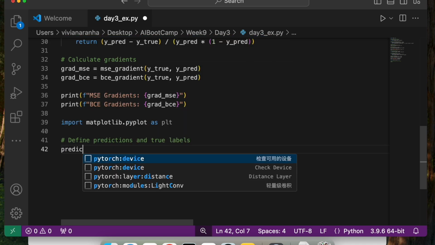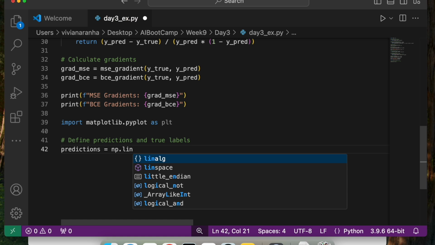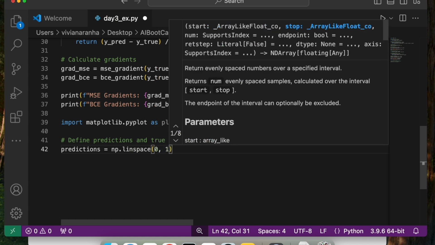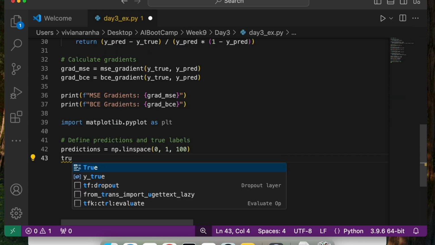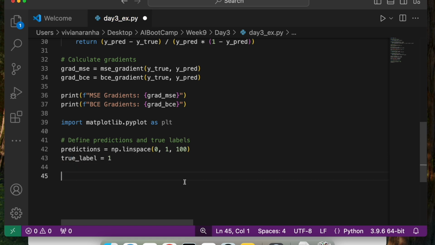So for predictions, I will say np.linspace and say 0 to 1, 100 of them. True label, true_label equal to 1, which is the fixed label that we are setting here.